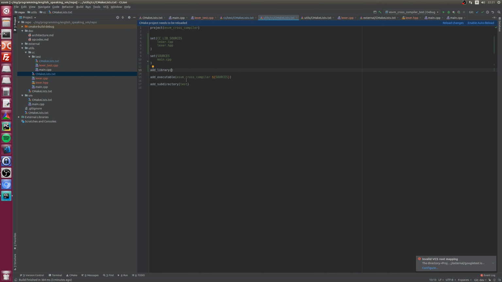Cool. Now let's add a library. And it is going to have such name, or even better, library.